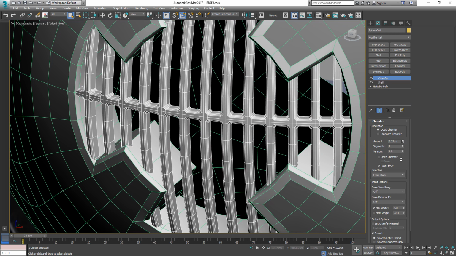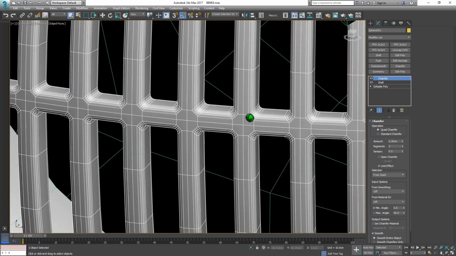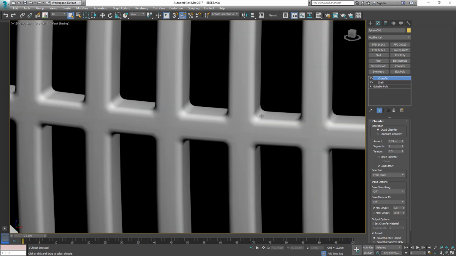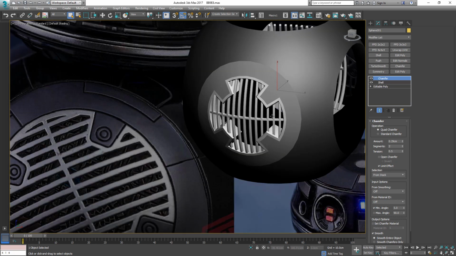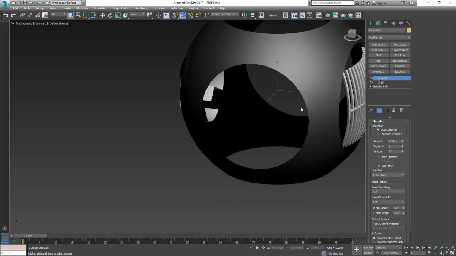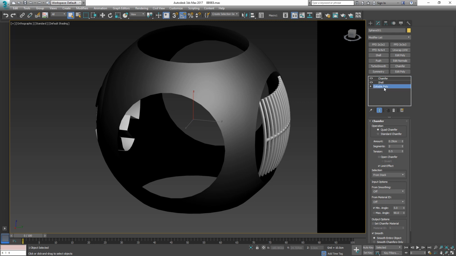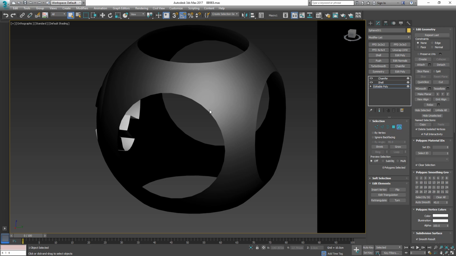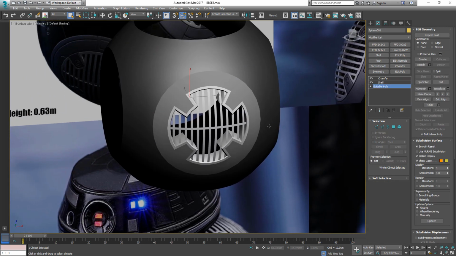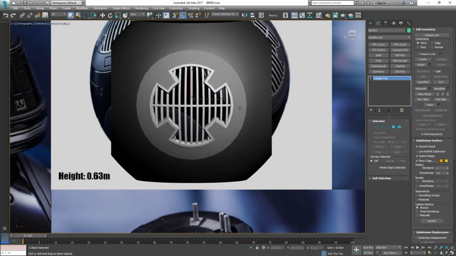I have the quad chamfer operation enabled here. Bring that amount down, and I'm going to put our segments to 2 and the tension to 0.5. So that is already very high poly actually. We won't even need the turbo smooth later on. That will work as our high poly already for this grill. I don't need that selection here in the background. I'm going to delete it with element mode, select it and delete, because we're going to share that later,